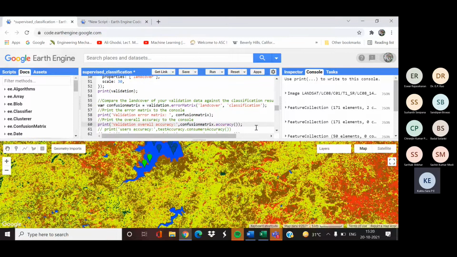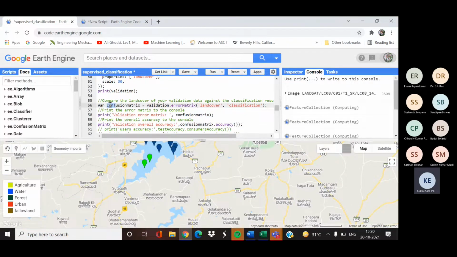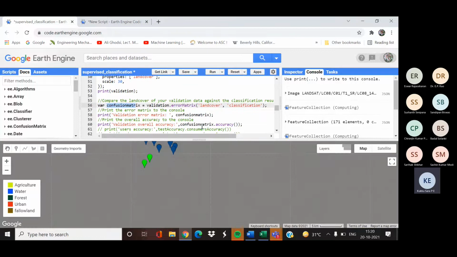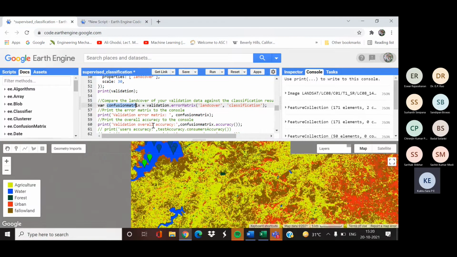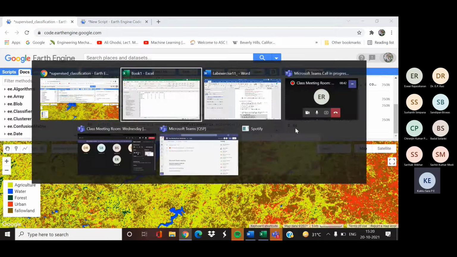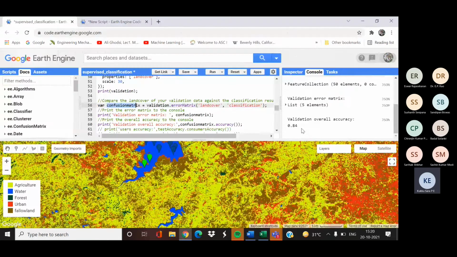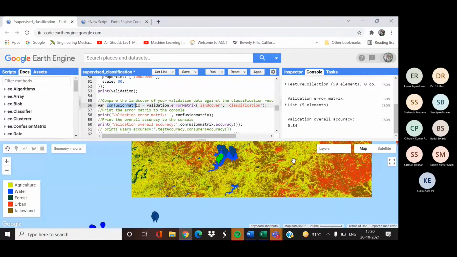We have named our confusion or error matrix as confusion matrix, so this will give the overall accuracy of the classified image. That is 0.84, obtained by adding 6 plus 10 plus 9 plus 10 plus 7 divided by 50. We have taken a total of 50 pixels. So that will give you 84%, the overall accuracy of this classified imagery.